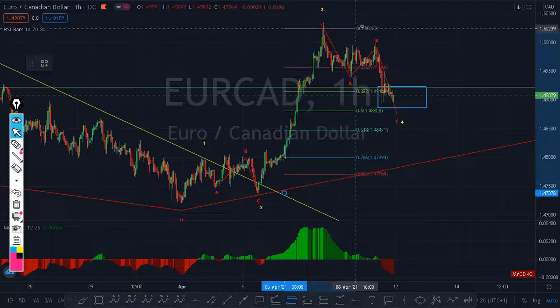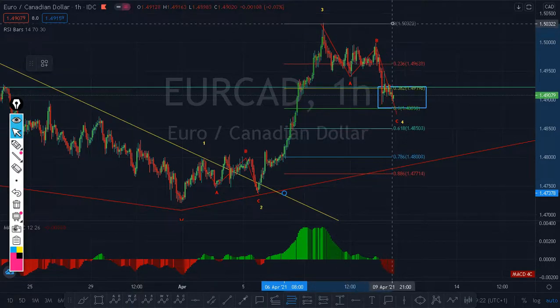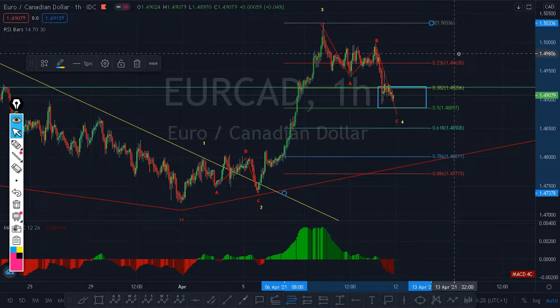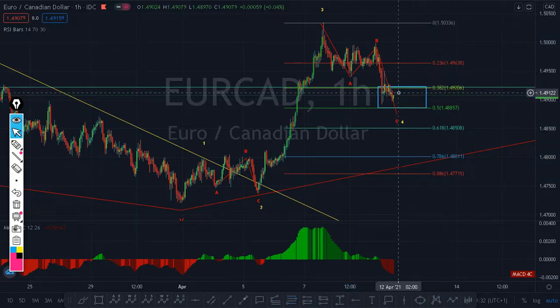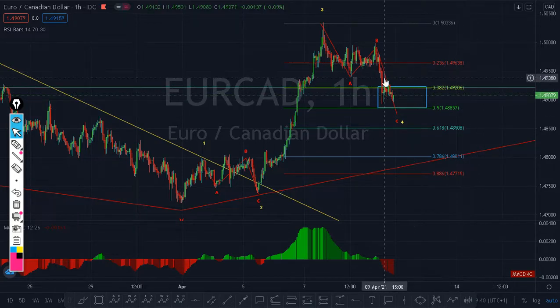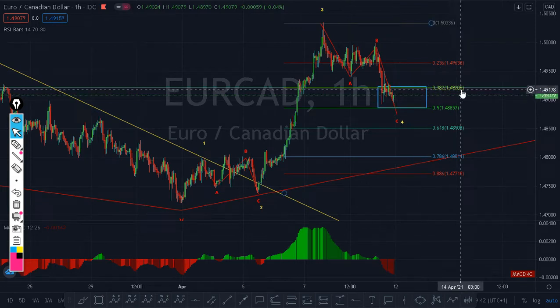Now let me give you one lesson free of charge. Wave 2 to wave 3: the standard place for reversal. I mean the standard target for wave 4 is 38.2 Fibo and 50.0 Fibo. You can see the market go below 38.2 Fibo.